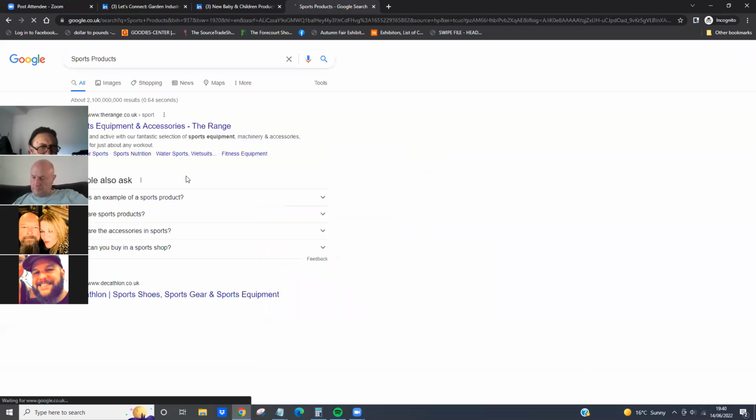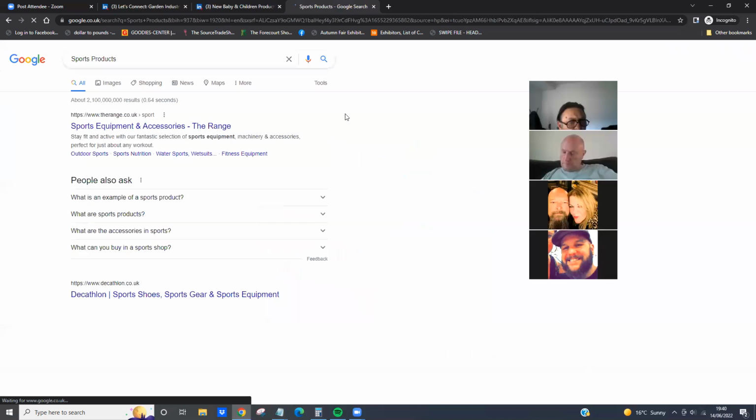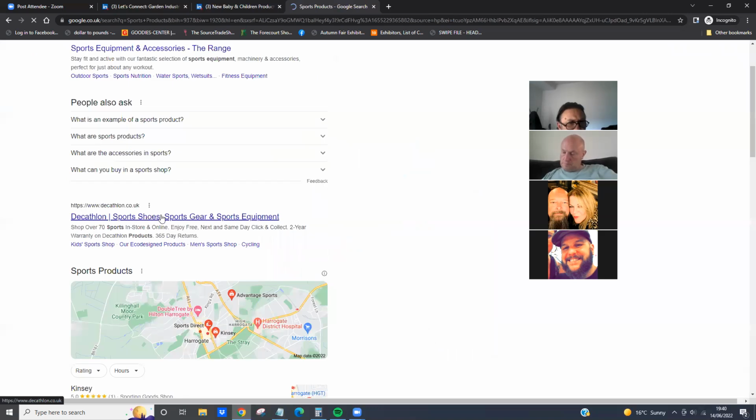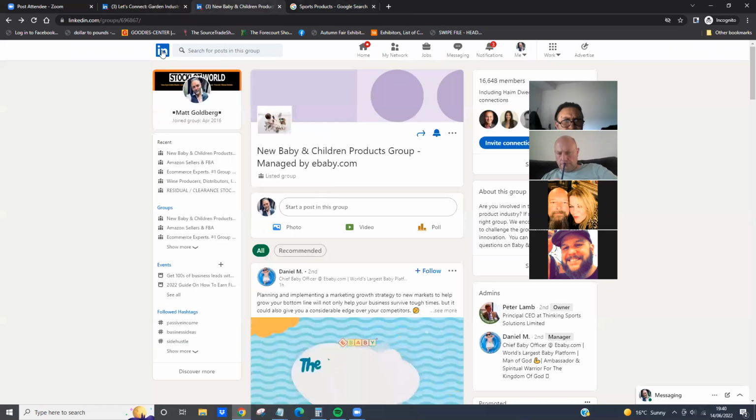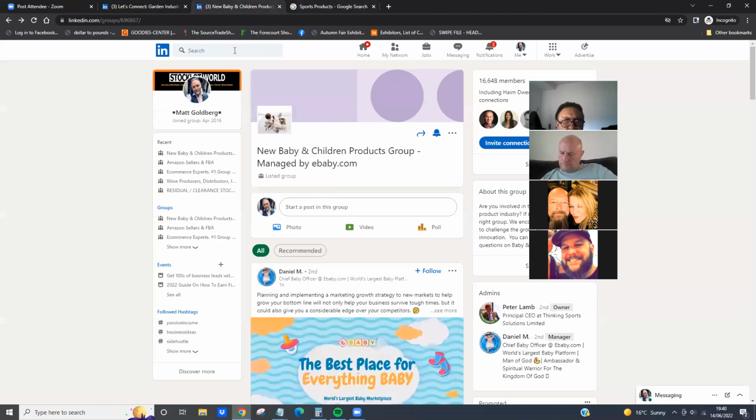Very broad. That's a retailer. Sports. Yeah, they're a big e-commerce website. They've come up on the first page, and they're in the UK. Interesting. Could they have surplus stock? Yeah, they potentially could because they're so big. They probably get end of ranges and stuff like that. So you never know. But you know, Decathlon. Let's go back into LinkedIn and search this company, Decathlon.